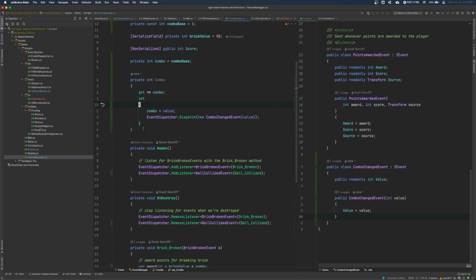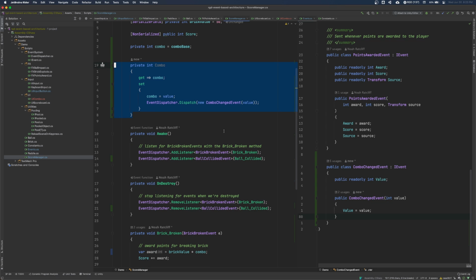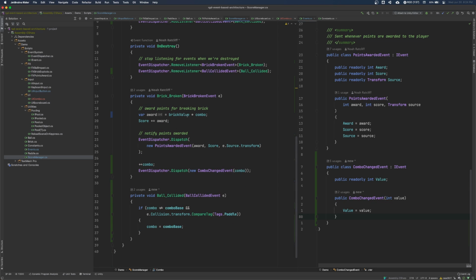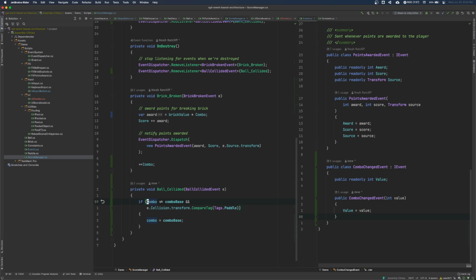And this is kind of the seed of the more advanced pattern, which is defined in a Unite talk that I link, which basically explains how you can get even crazier with decoupling and this kind of pattern, among other things. But basically just having your values have a setter that as a side effect just dispatches an event is really kind of powerful. Just of course we'll need to remember to use that property, and we'll remove this. Okay, great. I think we're using it everywhere.